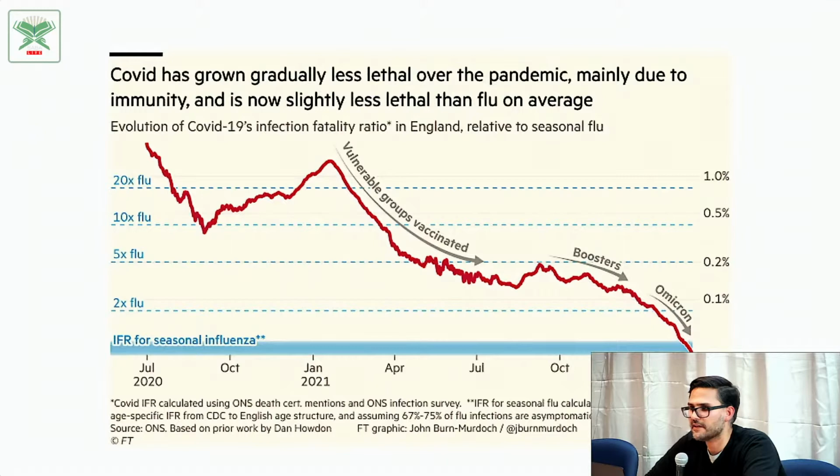And now because of immunity, because people have gotten the infection, because of vaccines, and because Omicron also is less severe, this has all led to the infection mortality rate, or the IFR, being less than seasonal influenza. So fewer people are dying when they get COVID than when people get flu. And so once again, this is something we live with. It's going to be like the common cold. It's not going away, but it's also not something we have to still be afraid of.